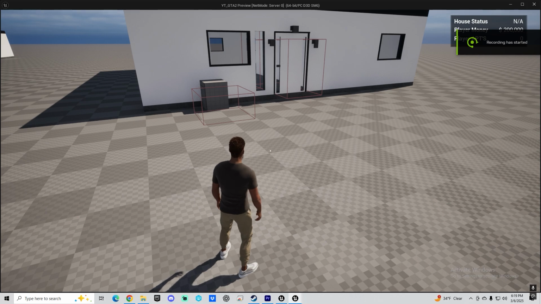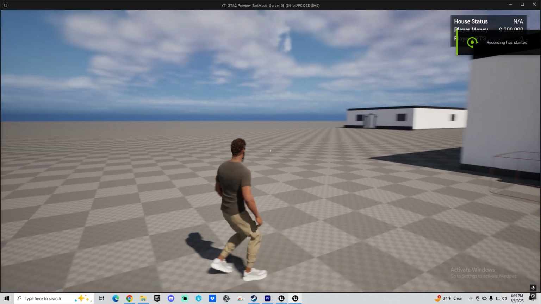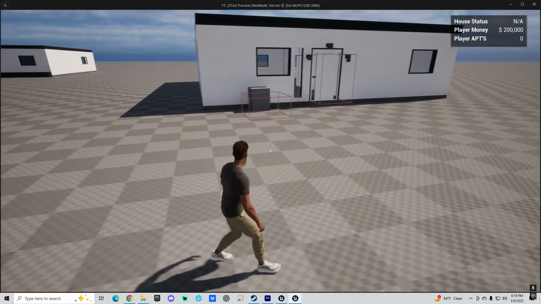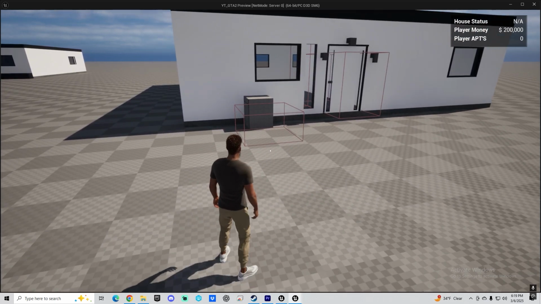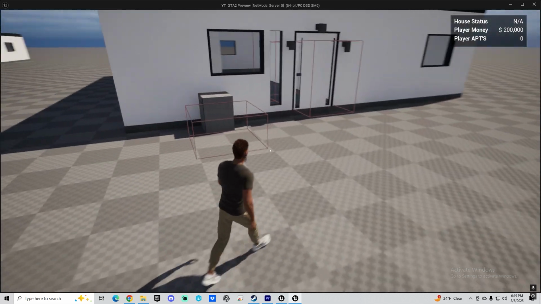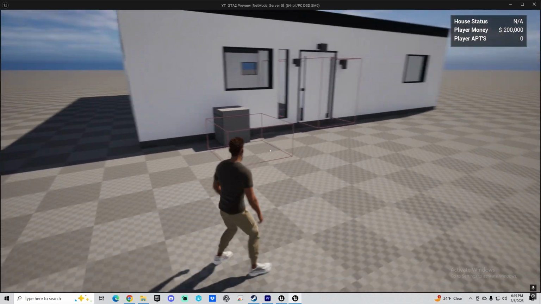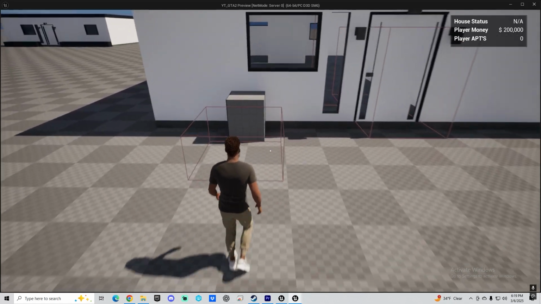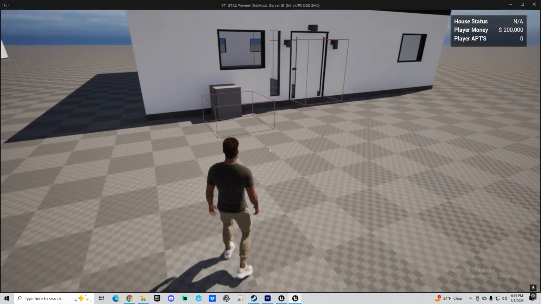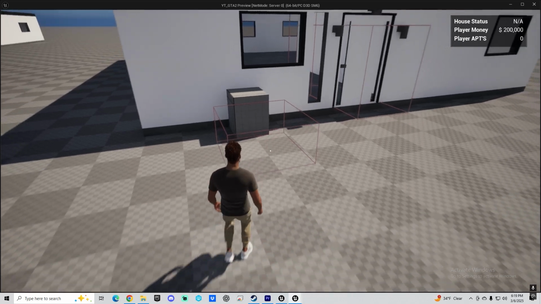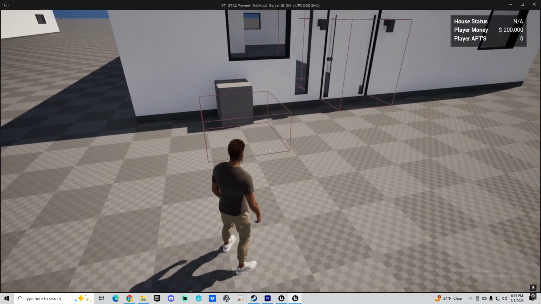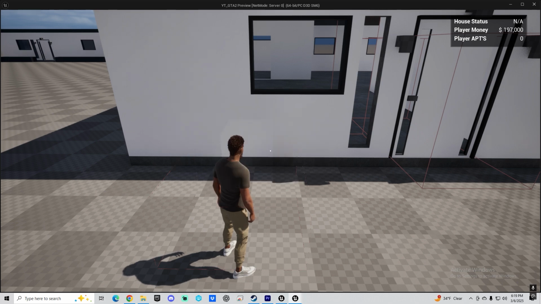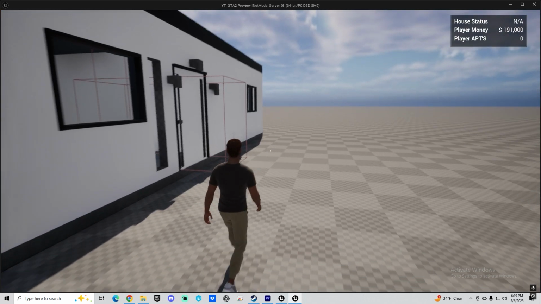Sorry about the wait. I've been busy, but today I'm back, and someone in my Discord mentioned something about when he tried to rent the house. I think he says instead of charging him 3,000, it ended up charging him $6,000, and I don't know what he did to the code, but for now, when I try to rent the house, I get charged